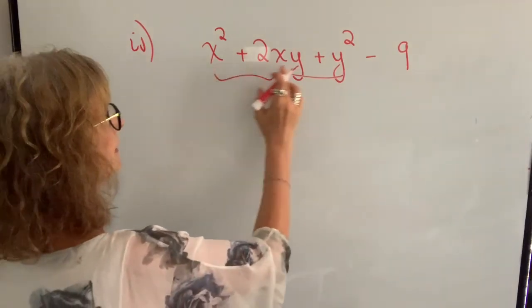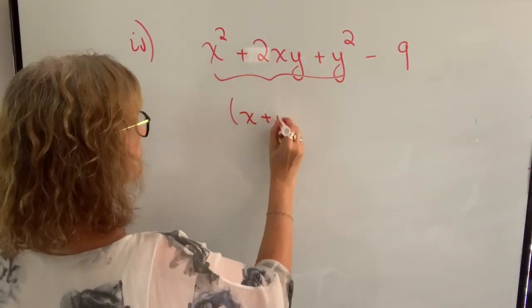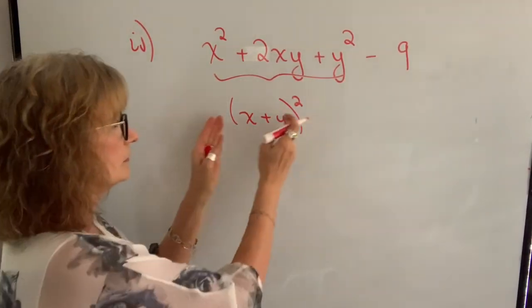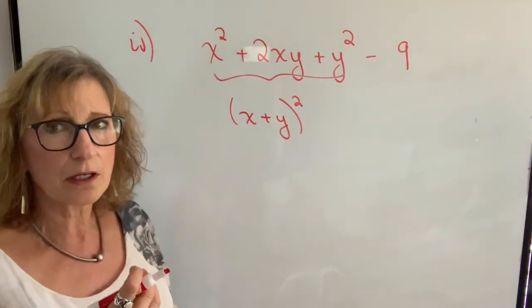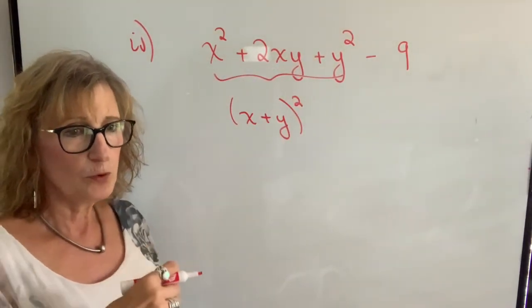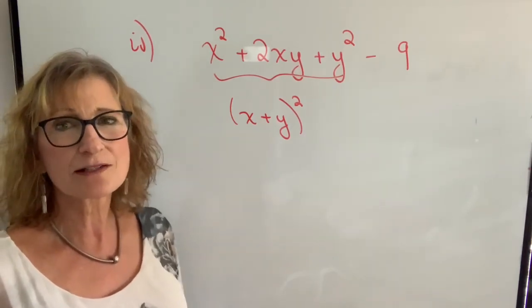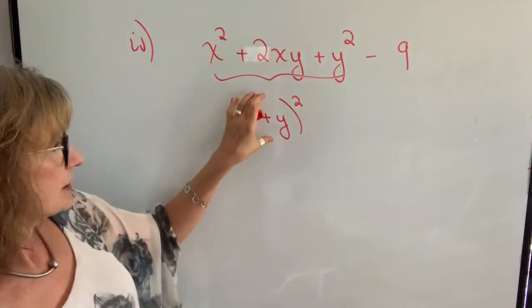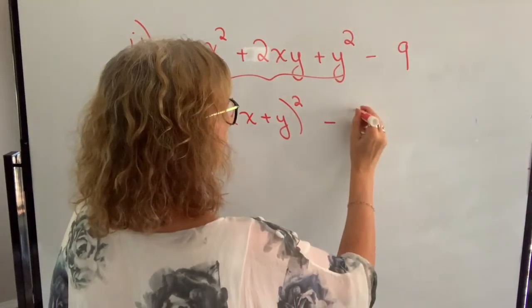But this represents x plus y squared. Now you can expand this and multiply to see that it gets that, but if you recognize these special products when you've been working with them, you often can recognize them a little bit faster or easier. So that factors into a square, and then I have minus 9 I can think of as 3